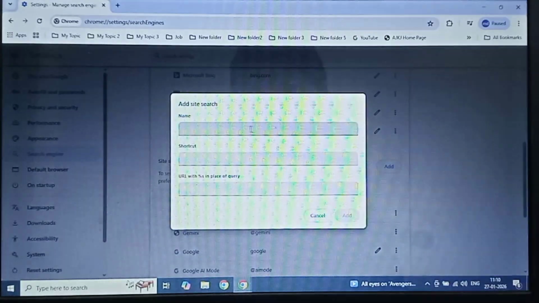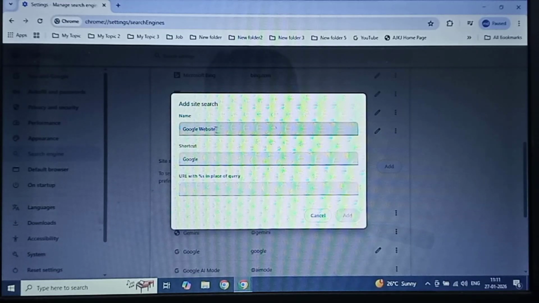Click on add, create the name as Google website or you can set as per your choice. Create the shortcut whatever you want. Then this is the main point. Here what you have to do,